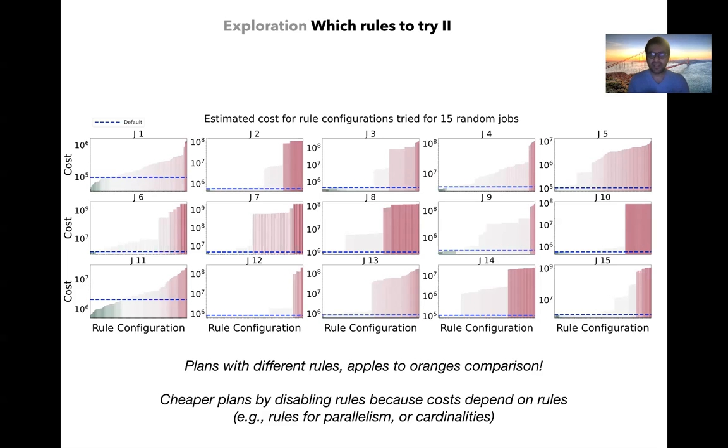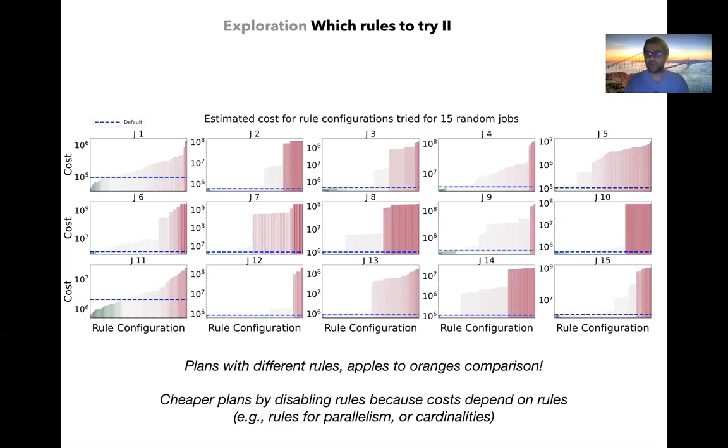And it's harder because here we tried 1,000 different sets of rules for each job. You can't execute all of these, since some of these jobs take hours. So we need to select a small number of them to execute. And when we try these really expensive plans, it often just takes much longer, and the cost